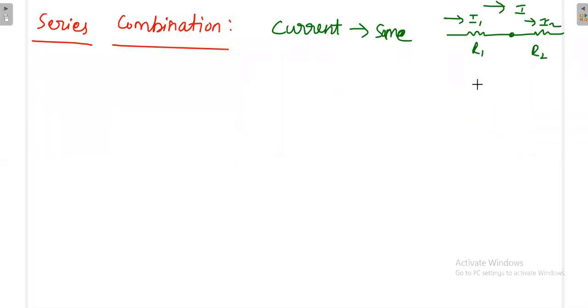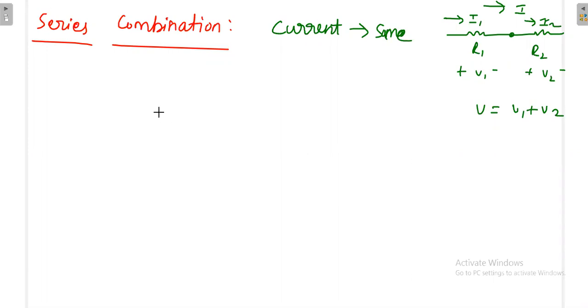Then what happens to the voltage? Once you have resistances like this, you get a voltage here and another voltage here. Then what is the overall voltage in the network? The overall voltage is V1 plus V2. So what is the idea here? Once you have a two-port network, either at the input port or output port, the current remains the same, whereas the voltage will get added up. Now I will take the two-port network.